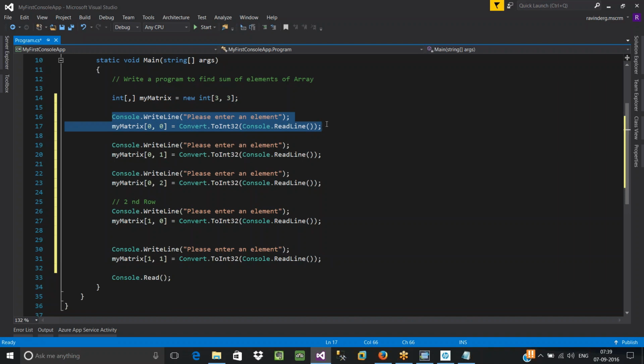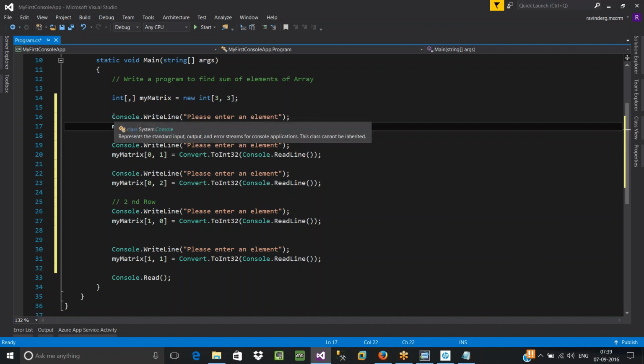Right? If there are 100 elements, the same story has to be repeated 100 different times. Your same coding has to be written 100 different times. See, here we are writing the same logic again and again. If you are going to read 1000 elements, the same statement has to be written 1000 different times. Here everything is going to be the same. Only this location address is going to change.